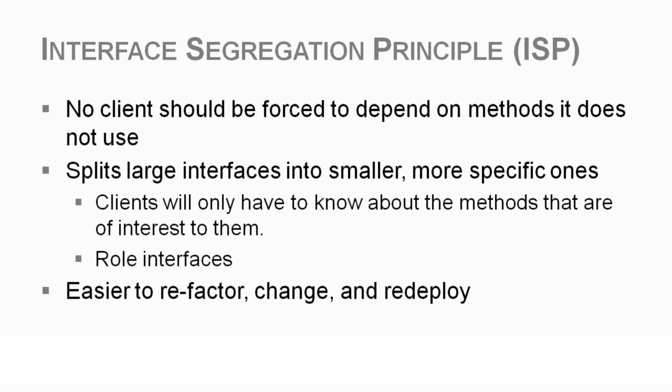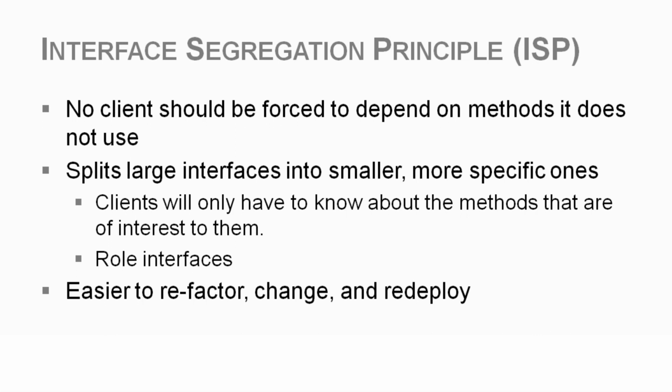The interface segregation principle is basically a simplifying principle. It states that no client should be forced to depend on methods that it doesn't use. And what this turns into is splitting large interfaces into smaller, more specific ones. They're more focused on particular client roles. So the clients will only have to know about the methods that are of interest to them,